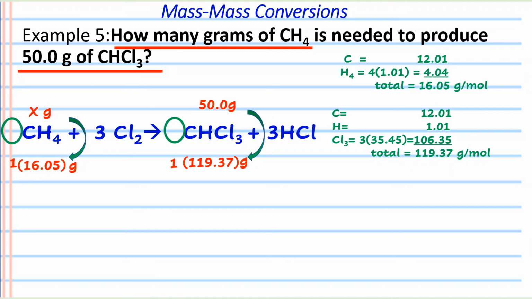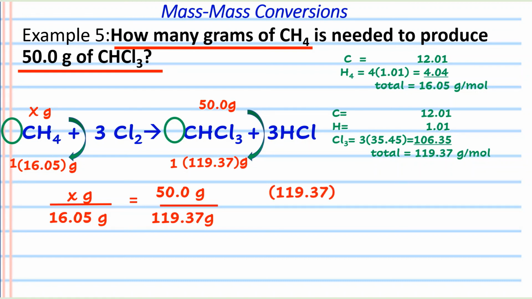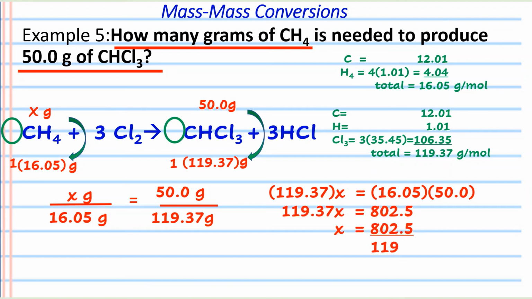So now we have our numbers for our proportion. We have x over 16.05 is equal to 50.0 over 119.37. So now we're ready to cross multiply. We'll have 119.37x equal to 16.05 times 50.0. 119.37x equals 802.5. We're going to divide by 119.37, and that answer comes out to be